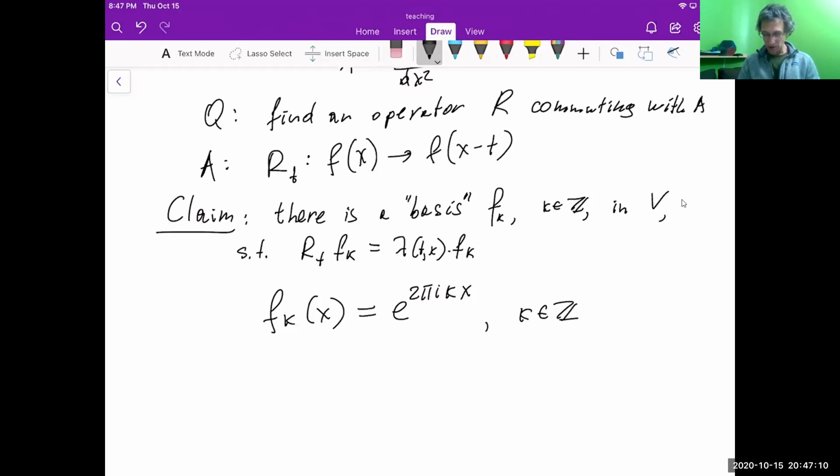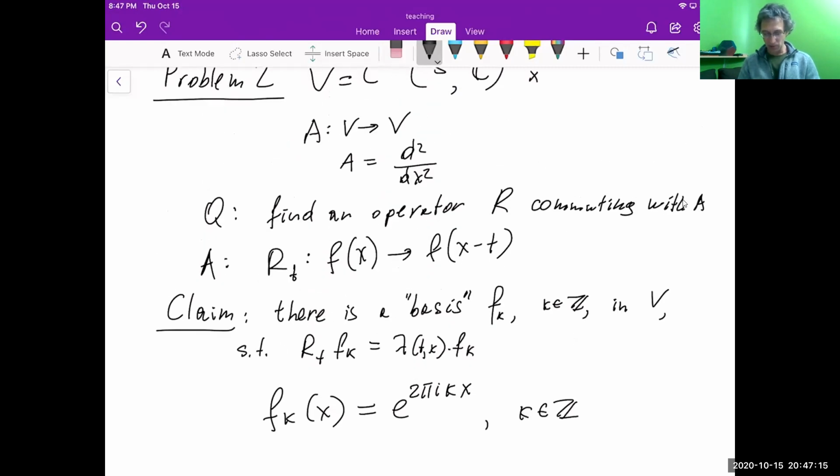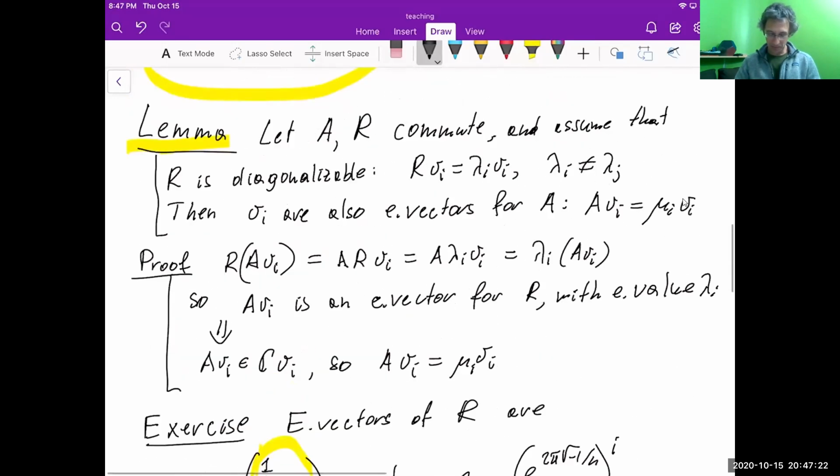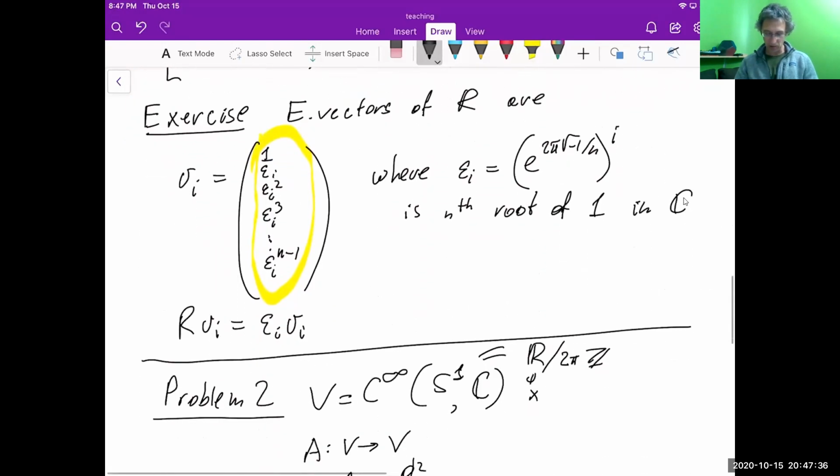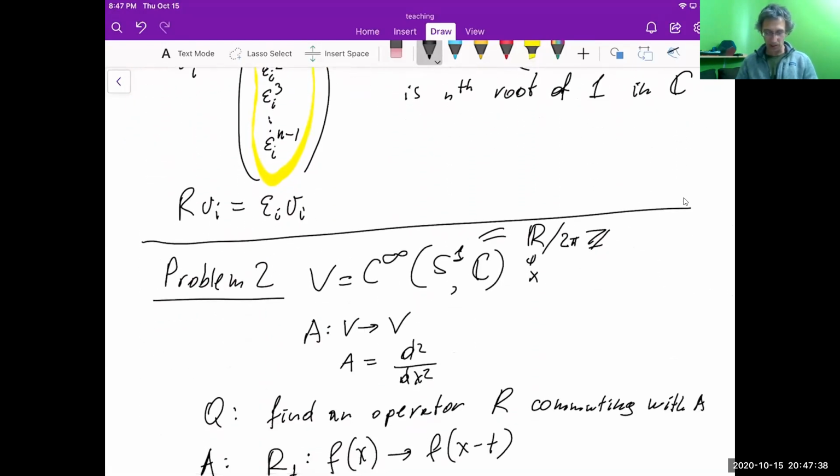What I'm interested in is observing that these functions are a common eigenbasis for all of our translation operators, or rotations. And therefore, according to the same lemma, if you could also compute the eigenvalues and check that they are all distinct, you could expect that any operator which commutes with the translations, in particular this operator of second derivative, would also be diagonalized in this basis. And then of course it is true. It's trivial to check that